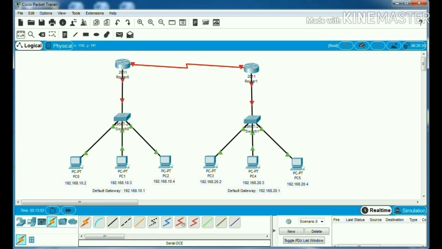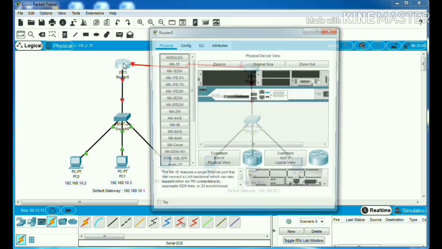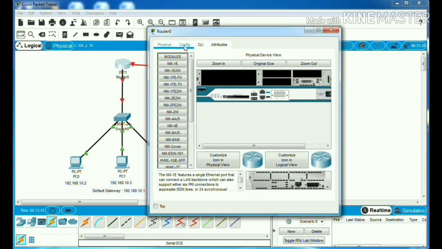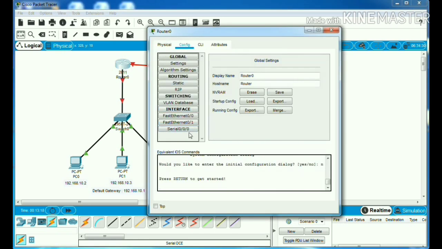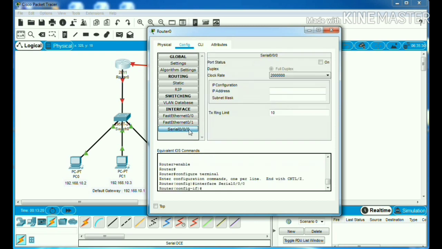So now we are done with the PCs. Let's move on to the router. Click on router 0, click on config, select serial 000 and set the clock rate to 128000. IP address be 192.168.30.2 and turn it on.